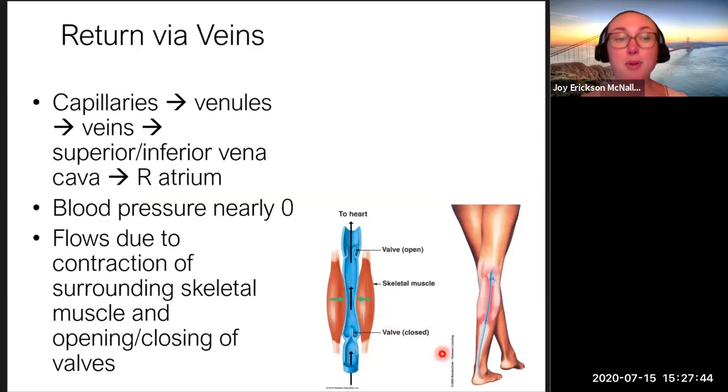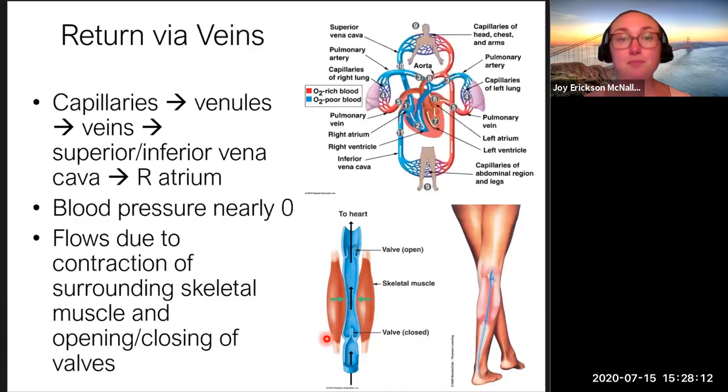So here is an example of veins in your calves that prevent backflow as they work against gravity. And this is the image looking at the calf muscles on the back of your leg. And it's the contraction of the skeletal muscles on either side of this vein, combined with the opening and closing of valves that prevent blood from going back down in the direction of gravity, that help to move oxygen depleted blood back towards your heart. And so that's another way we kind of looked at the details here.